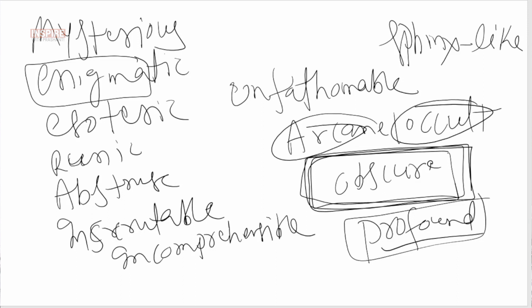And then you have these top words which would mean difficult to understand. Adding more words, recondite. Recondite is also difficult to understand, and that's how you have this lovely family where the idea is of mystery. The idea would relate to something which is difficult to understand. We started this with Sphinx, the symbol of mystery. Anything mystery is difficult to solve,